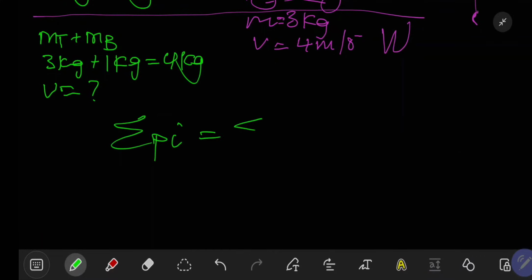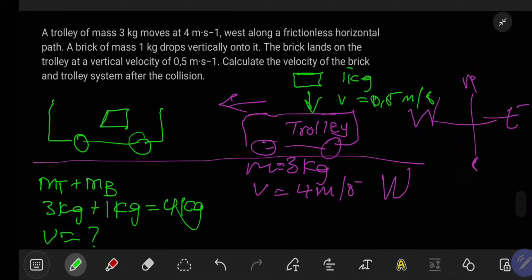Excuse me, here it's final. We're going to use the principle of conservation of momentum, of linear momentum. Remember, we're talking of linear momentum. Linear, we consider linear to be on a horizontal plane. But here we have a situation whereby a brick is dropped vertically into the